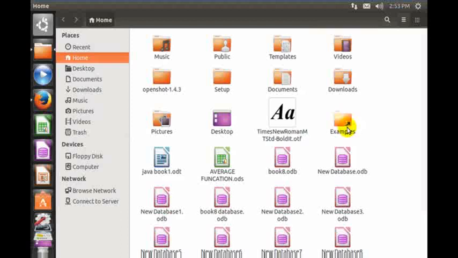Sorting means arranging the files and folders by specifying different parameters such as their names, dates modified, types and sizes. Sorting option appears only when you have selected the icons view. By name: click on the View menu and select the option By Name. The files and folders will be arranged in alphabetical order as shown in the figure. By size: click on the View menu and select the option By Size. The files or folders will be displayed according to the size.